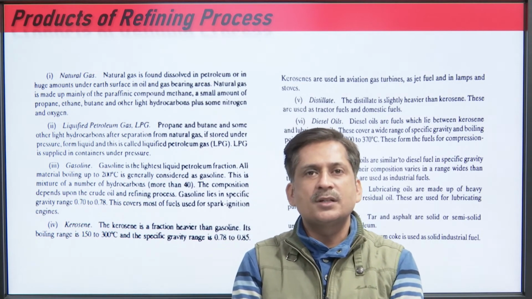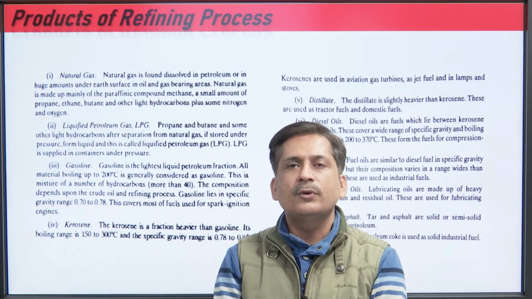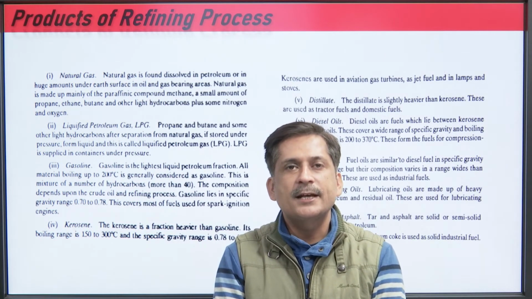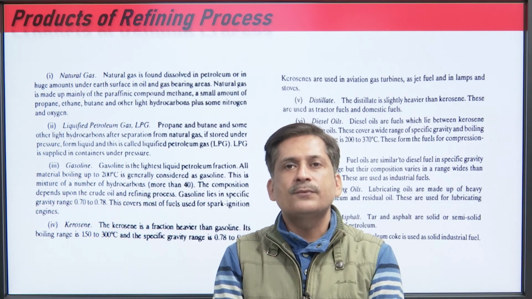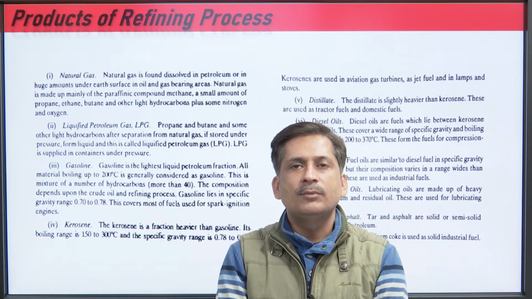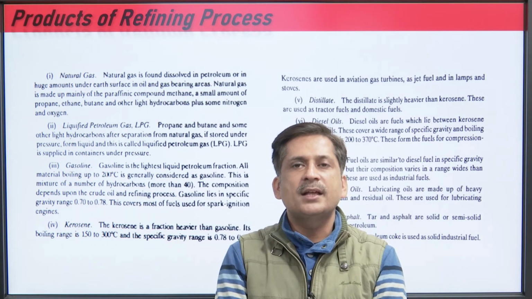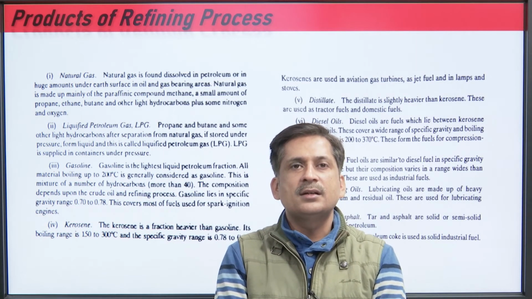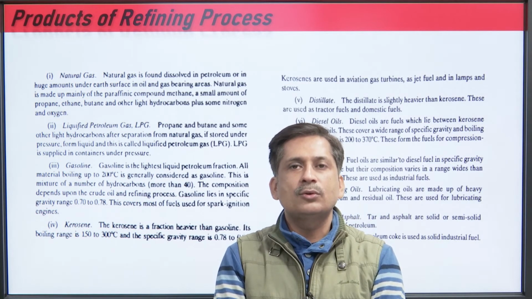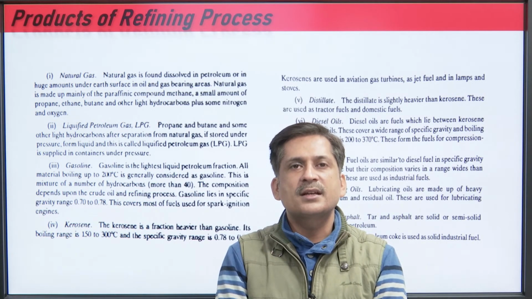Similarly, LPG. You all know LPG is used for domestic burning, for domestic stoves, and LPG is also utilized for your auto vehicles. Auto LPG and domestic LPG are different, because in domestic LPG there are normal paraffins and in auto LPG there are isoparaffins. In auto LPG we need proper combustion and knock resistance. We have discussed that isoparaffins have more knock resistance as compared to normal paraffins.